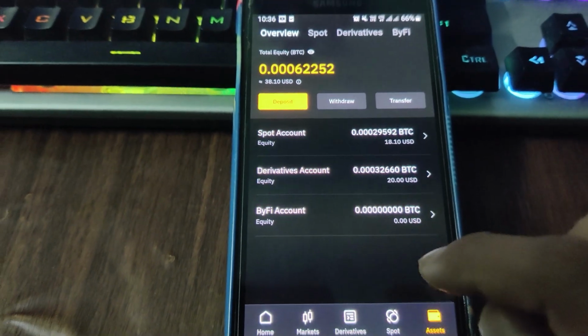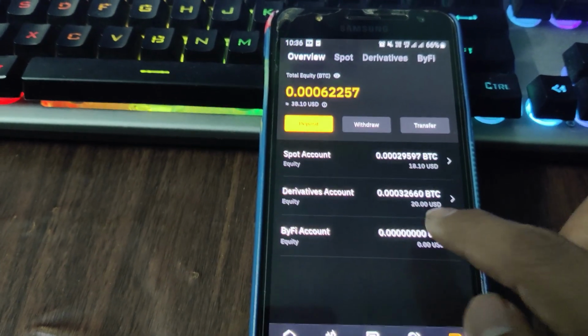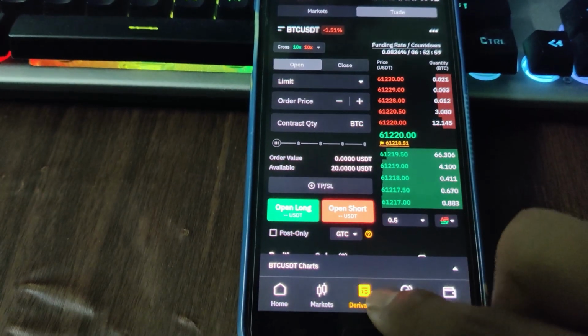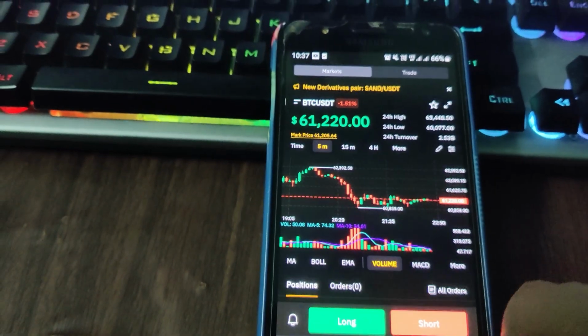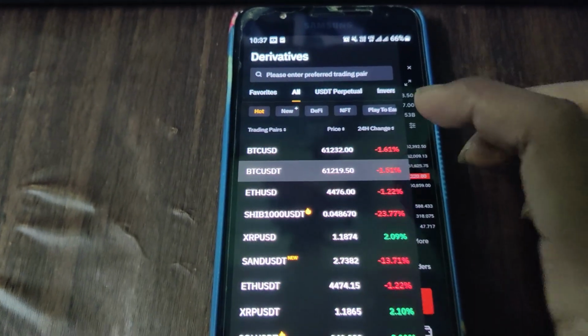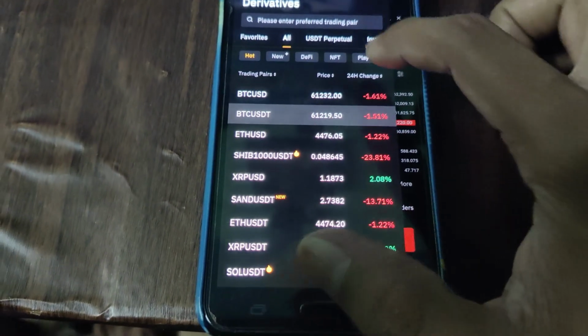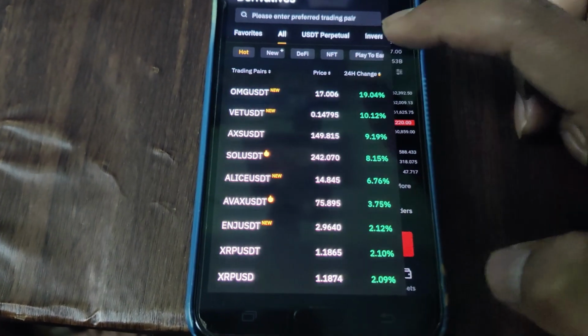So now what you have to do is click on derivatives. In derivatives you have got this 20 USD. So click on derivatives in the center tab. Then click here, that is the BTC or USDT pair. Then select any coin, that is, click here 24 hours change.